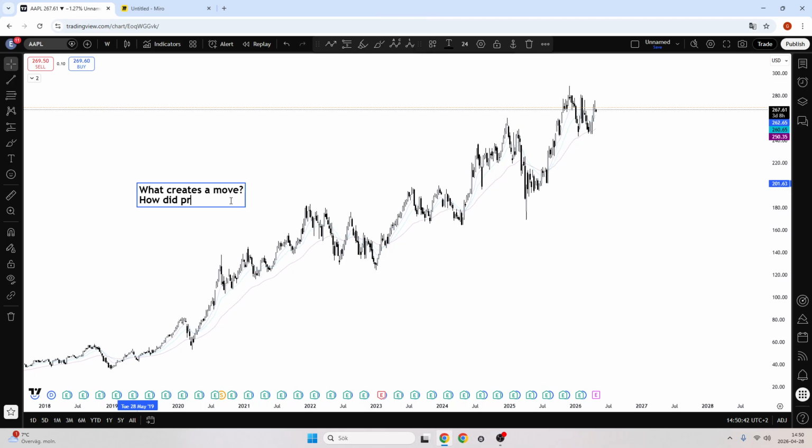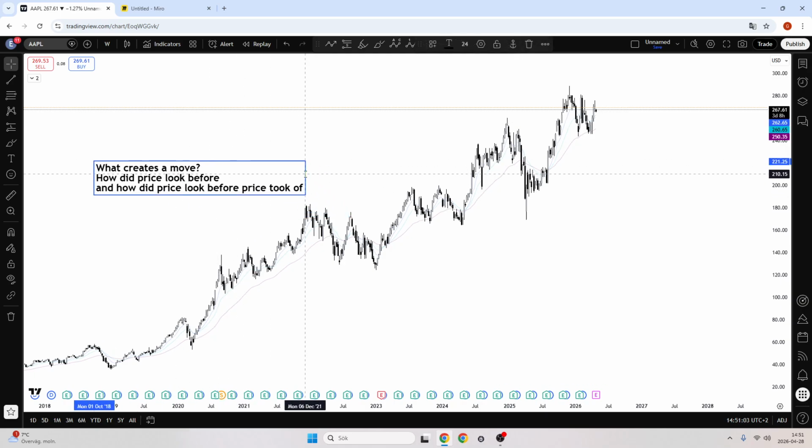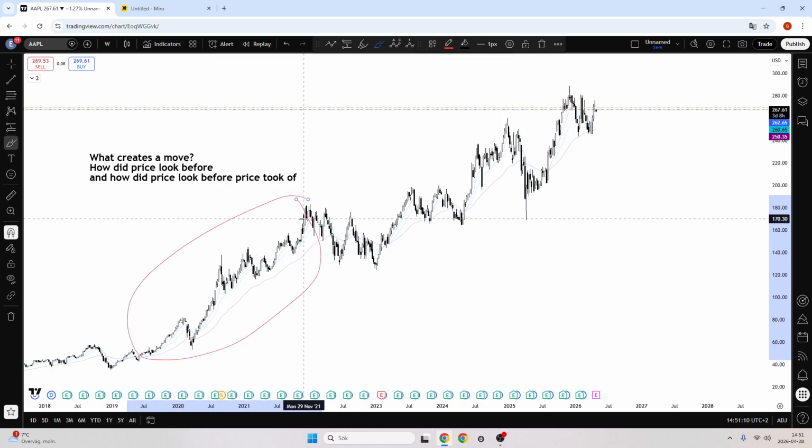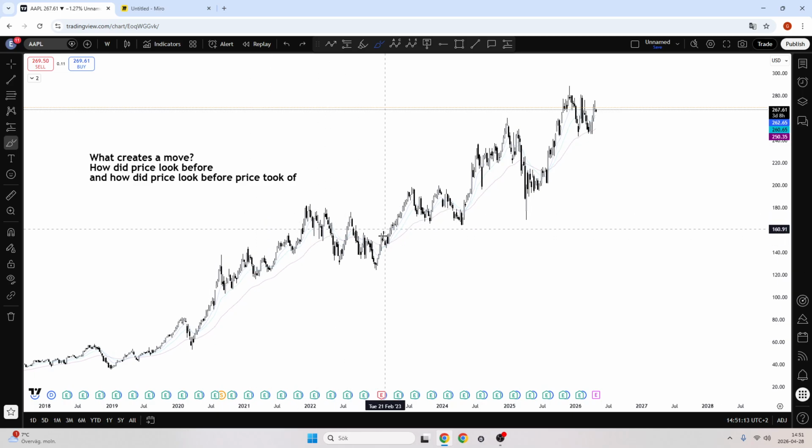How did price look before, and how did price look before price took off? Basically these things. What creates a move? How did price look before? What I mean by that is in the history. And how did price look before price took off? So that basically means